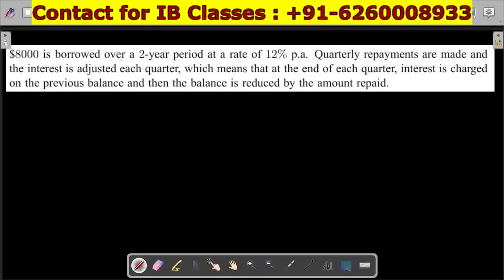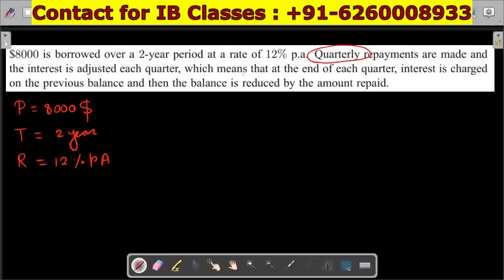$8,000 is borrowed over a 2-year period. So my principal is $8,000 and it is borrowed for 2 years. So time is 2 years at a rate given as 12% per annum, right? Quarterly repayments are made. Now the payment has been done on a quarter basis and the interest is adjusted each